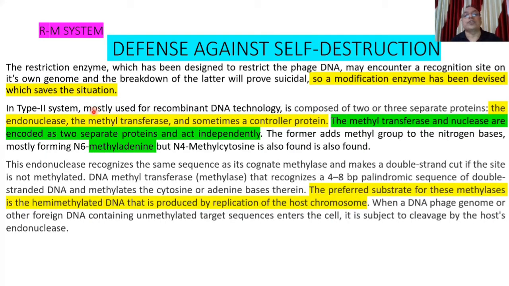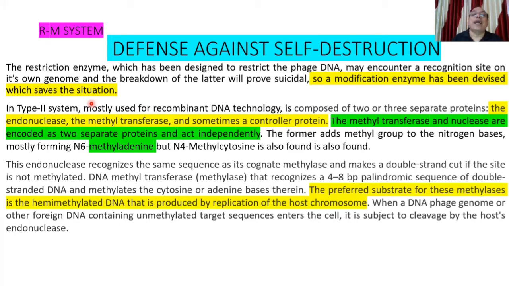While enumerating the classes of the enzymes, we were dealing with type 1, type 2, type 3. In type 2, we have seen that it is concerned only with restriction, that it only cleaves the DNA in staggered ends, and it is not concerned with methylation, whereas the other two types, 1 and 3, carry out methylation too. So why methylation? Why are we concerned with methylation here, and why are these enzymes carrying out methylation? Can you make a wild guess?